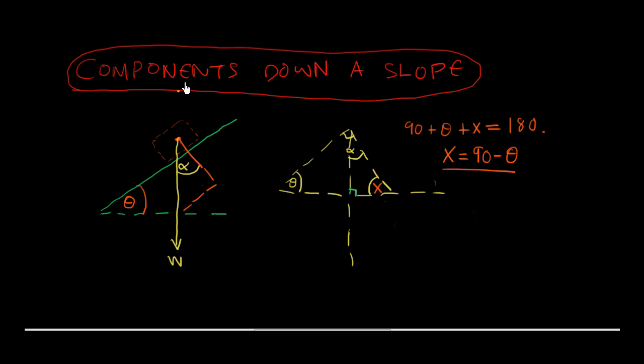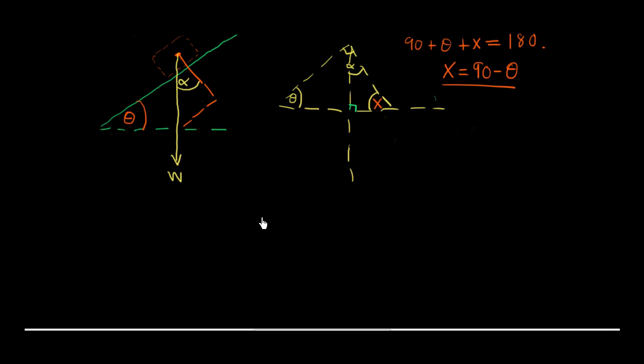As we've seen very often, when we have a hypotenuse like this and we have an angle here, alpha, which I'm now going to substitute with theta, since we've proved that theta down there is the same as this angle. So if this is my W here, then this is my adjacent to my angle, and that's my opposite to my angle. So my adjacent, from SOHCAHTOA,